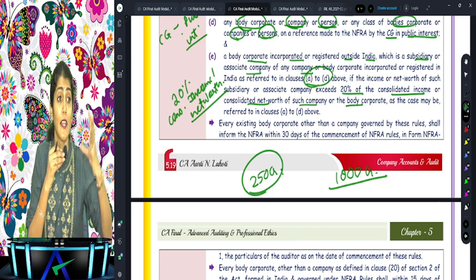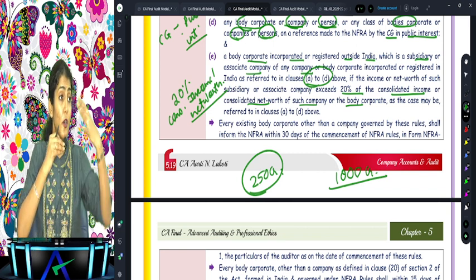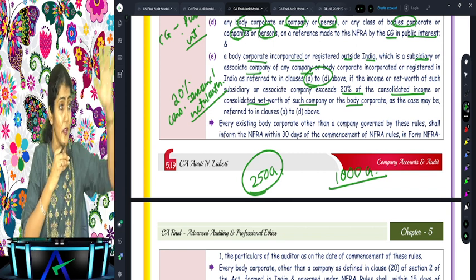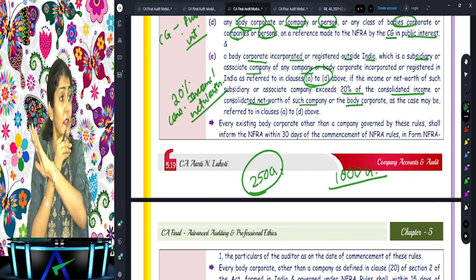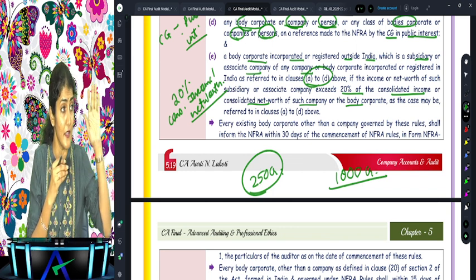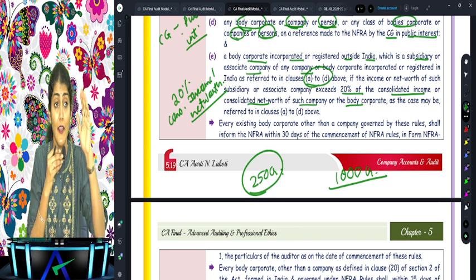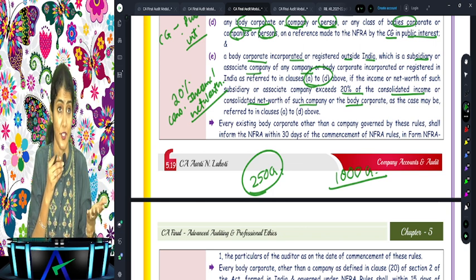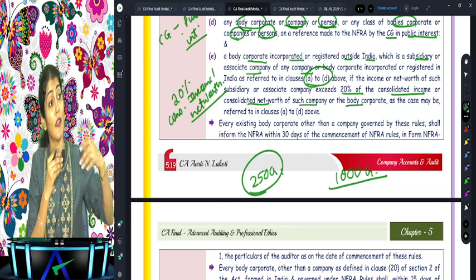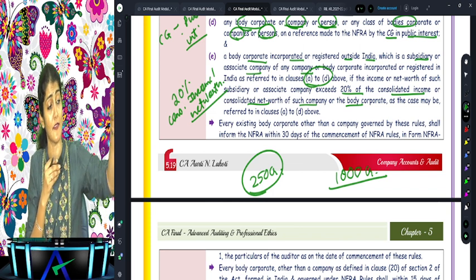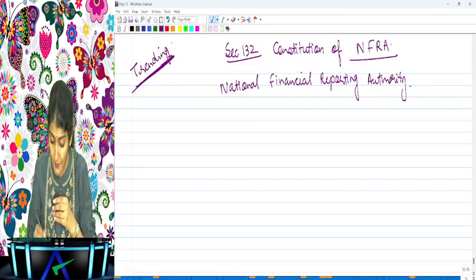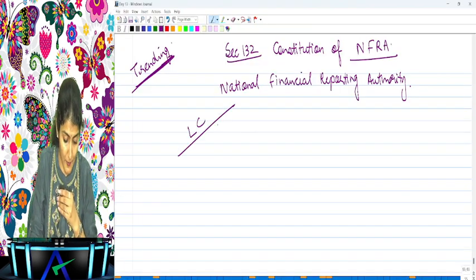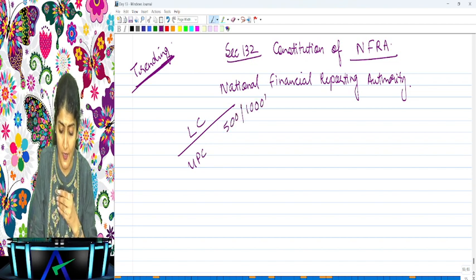You cannot think like, audit procedure, open your audit compass box, say communicate to TCWG, obtain sufficient appropriate audit evidence, modify opinion, nothing. Here it is either you know it or you don't know it. There is no scope for creativity in this question. You cannot sit in the exam hall and decide which companies NFRA should look into. No, it is decided. Which are the companies which are decided over there? Listed companies. Then the unlisted public companies, 500, 1000, 500.